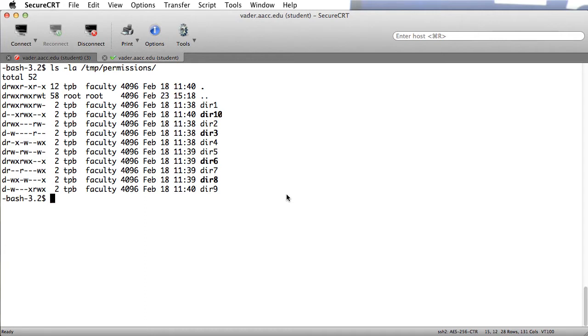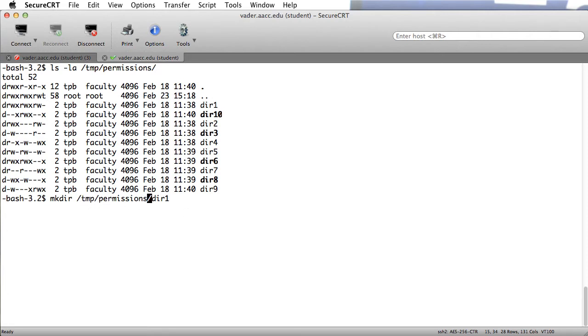Right? So if I were to type in mkdir /temp/permissions/dir, and I'll just say dir1. So this would create the directory if the permissions directory and the temp directory already existed. So we know the temp directory will be there, but we don't know the permissions directory is going to be there. In fact, the question asks you to assume that they are not there,